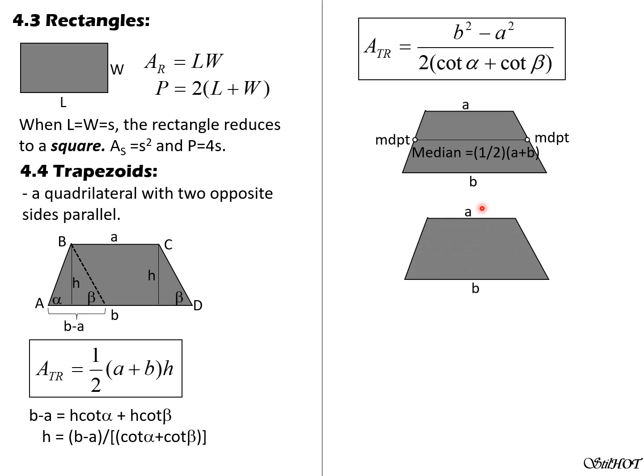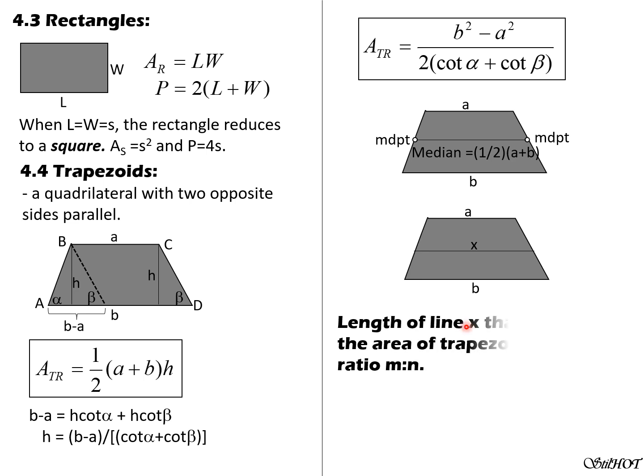Then, when you are confronted with a trapezoid, and we have the length of the dividing line, not the median anymore, such that the area is divided into 2 parts. The upper part is m, the lower part is n, in area. So the length is equal to square root of, so that's how the division of areas works. So it is equal to square root of m and b squared.